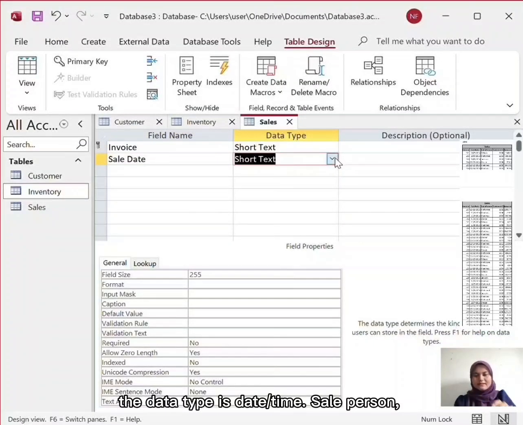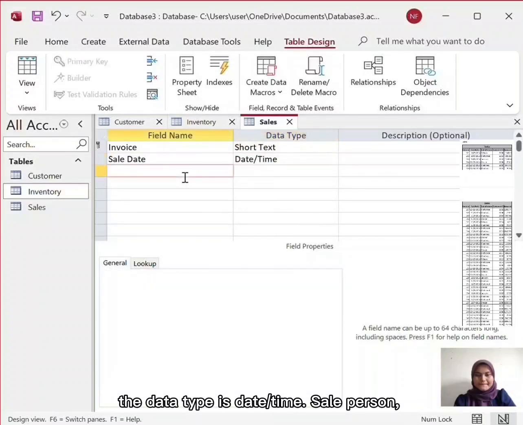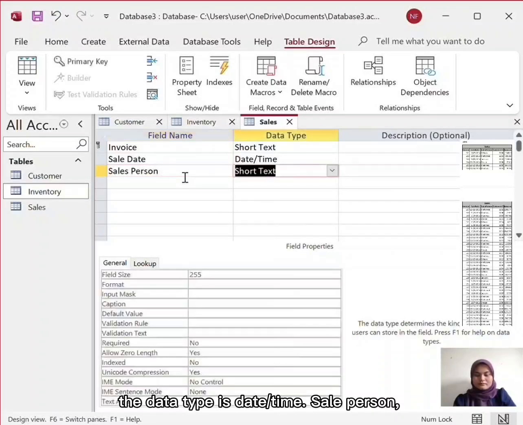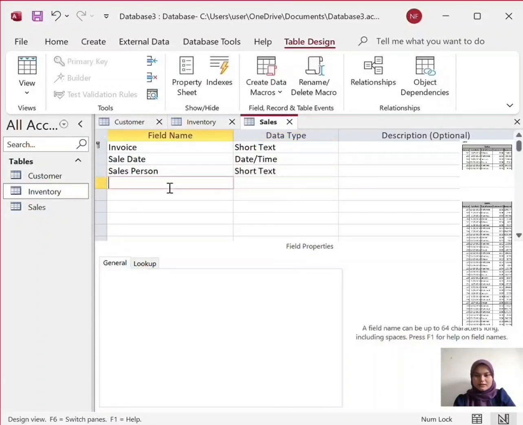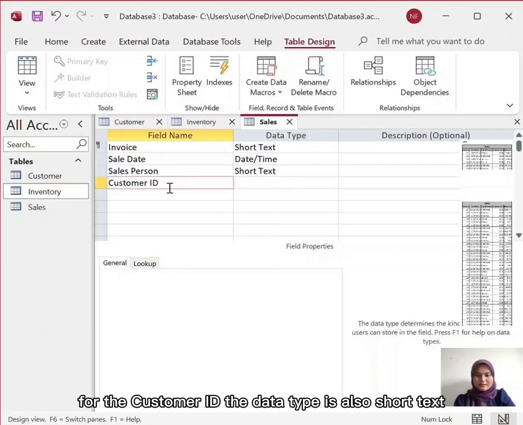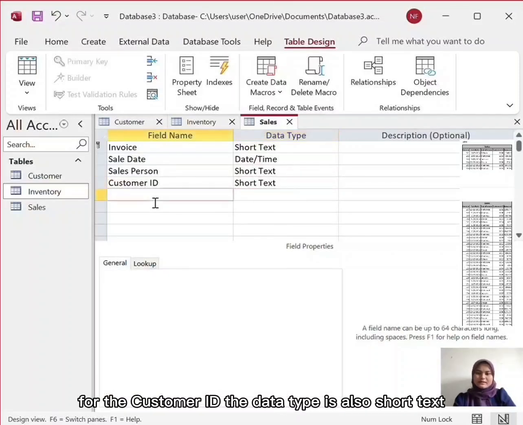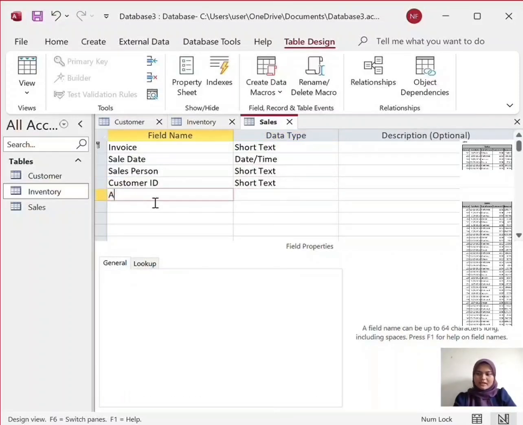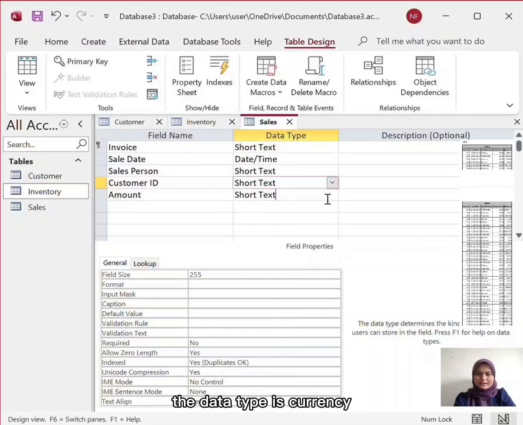The data type is date/time, and then salesperson. The data type is short text. For the customer ID, the data type is also short text, and for the M1, you need to choose the data type currency.